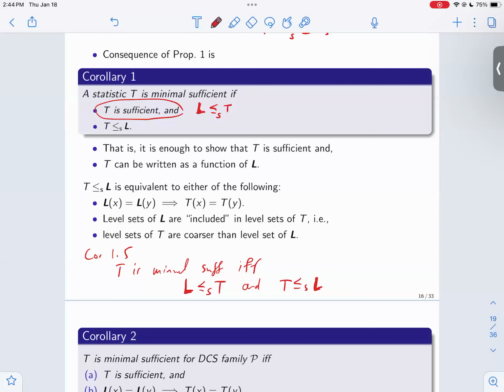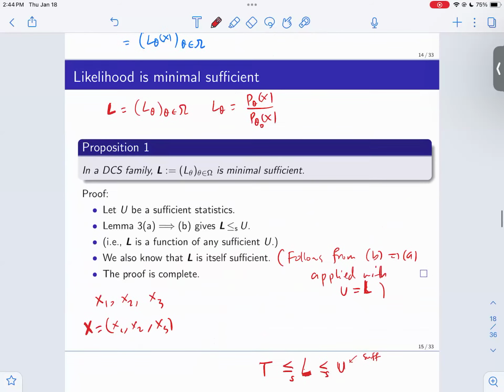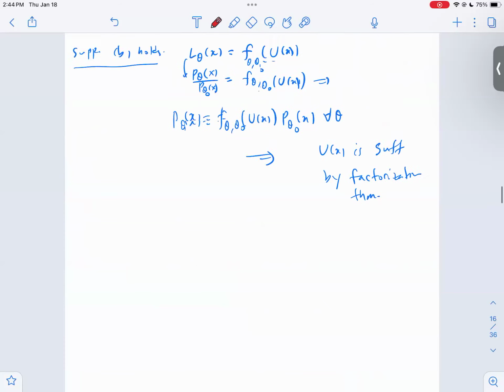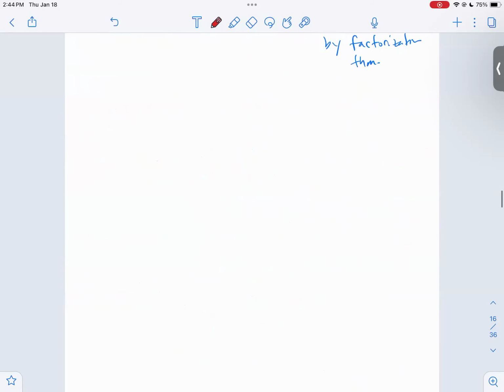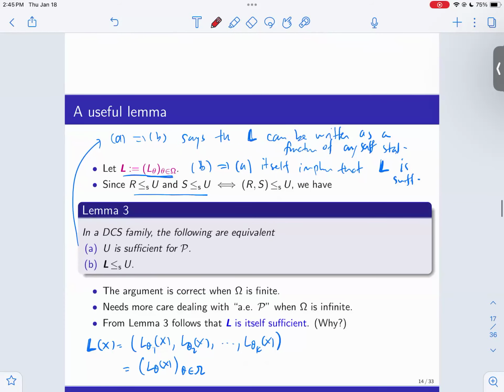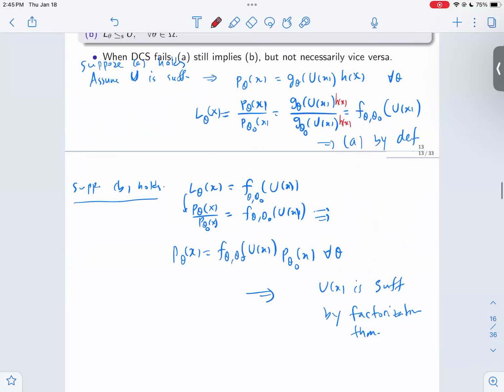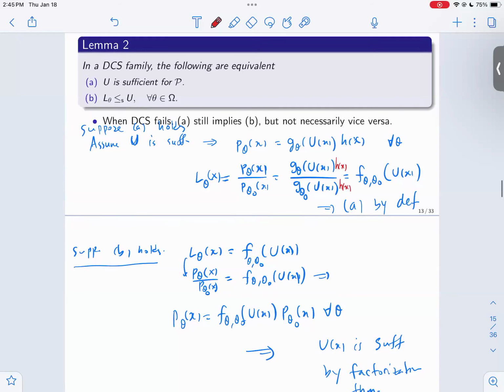So in lemma 2, you learn that the scalar L is a function of any sufficient statistic. But then in lemma 3, you learn the vector L. So if any one of them is a function of a sufficient statistic, then as a vector, they're going to be a function of it. I feel like just looking at number two, that's equivalent to the scalar case. No, it's not, because